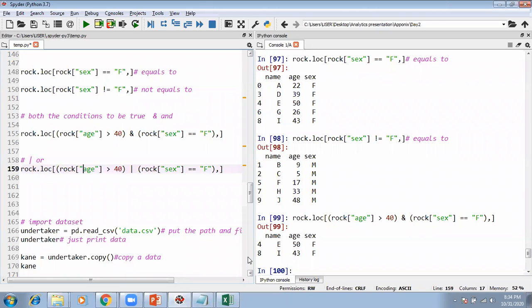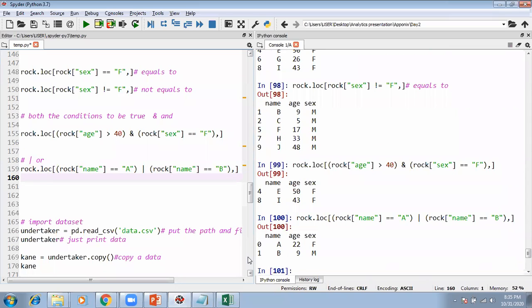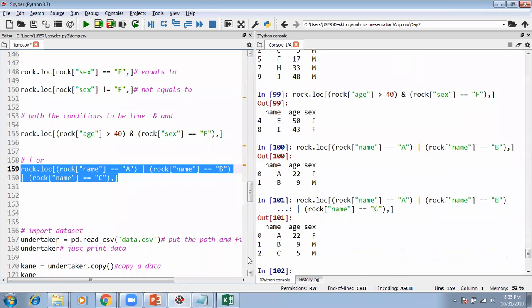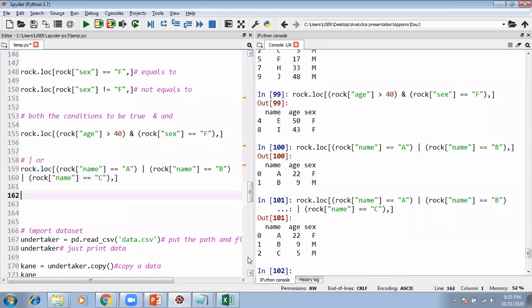So what is the first condition I'll be writing? Rock name equals to A. The second one, I can copy paste it directly, will be B. So I get to see A or B. Similarly, if I want C as well, I can write it like this, C. So I have A, B, C. But imagine that I have more values like this.